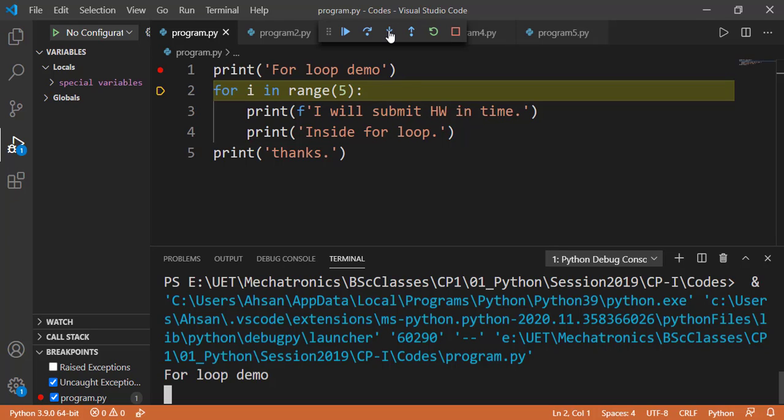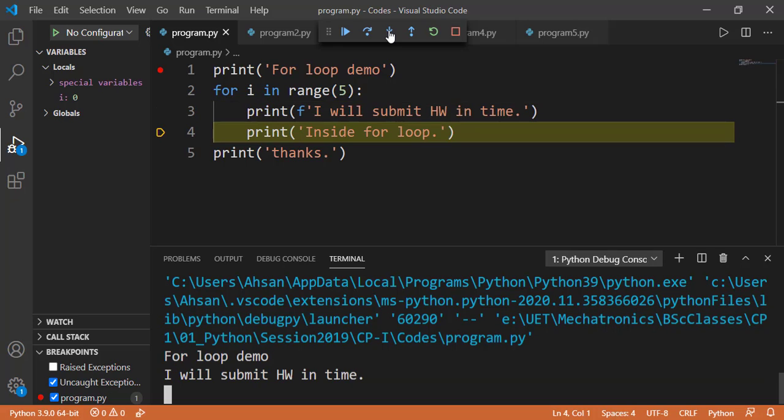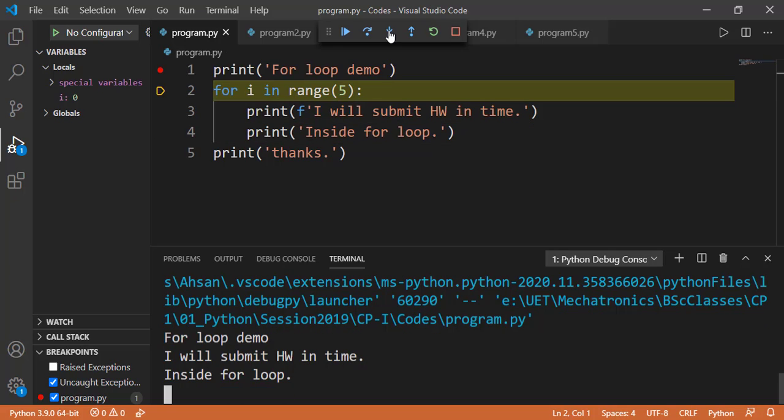So as I said earlier, the variable I will get the values generated by the range function. So keep an eye on the variable window, and when I press the step into button, you can see the variable I is defined in the variable window and the value is 0 because that is the first value generated by the range function. Now we are inside the for loop block. It will execute line number 3. Now it will execute line number 4, which is the last line of the for loop block, and see carefully that now the interpreter has moved back to line number 2, which was the for loop,